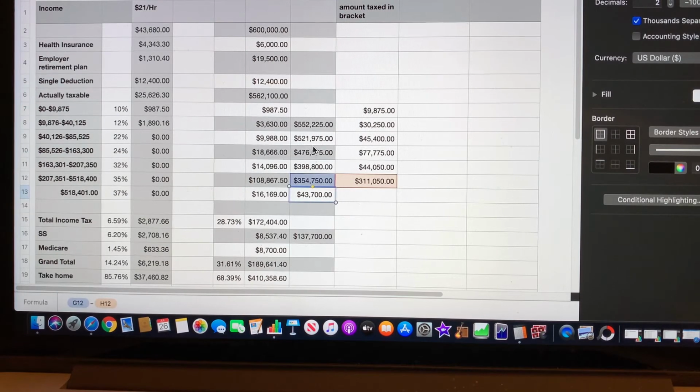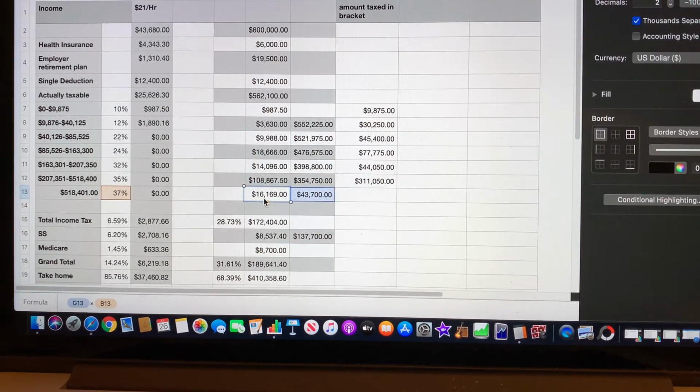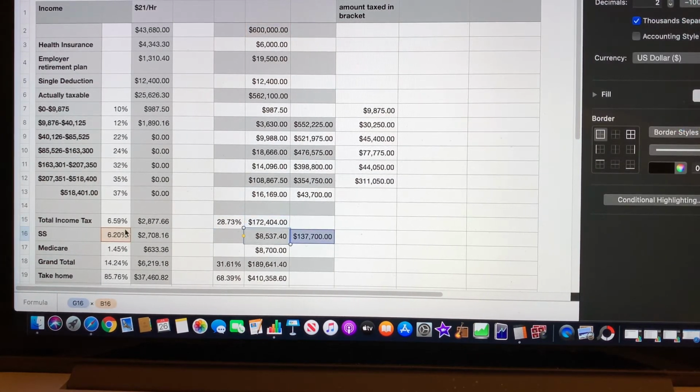The final bracket is everything above $518,400. So after subtracting all these brackets and all this stuff, they still have $43,700 to be taxed at this 37%. So they pay $16,169 in this bracket. Their total income tax bill is $172,404, or 28.73% of their income. Social Security, there's actually a limit of $137,700. So 6.2% of that limit is